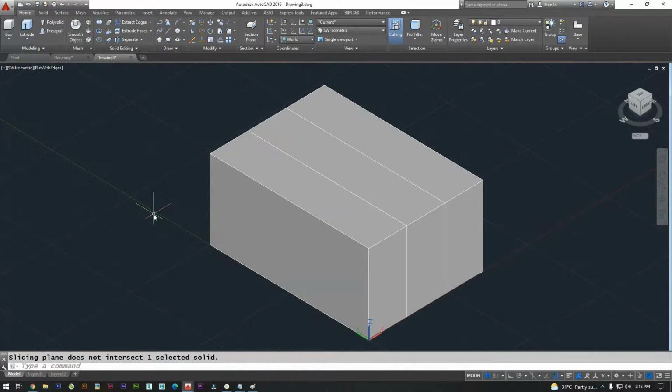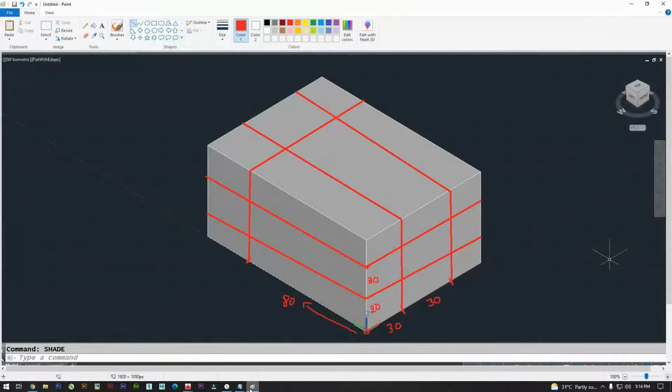Okay. Now in which plane do we need to cut next? See the drawing properly. Next, we need to do it in the Y plane.